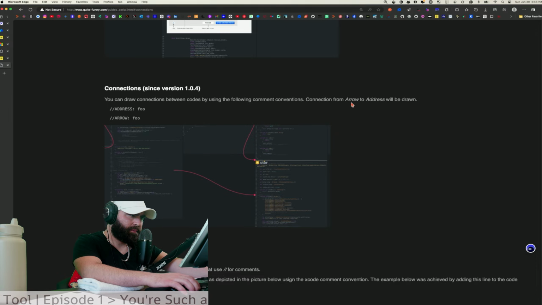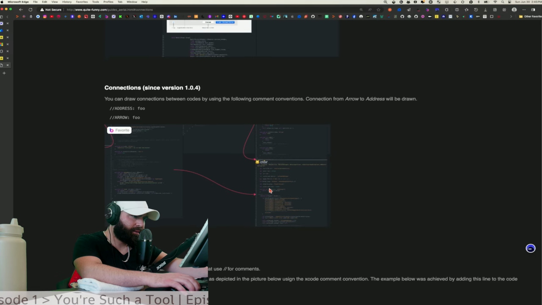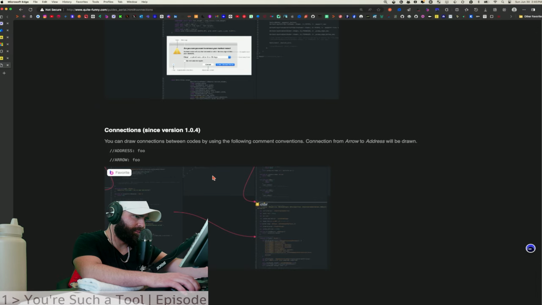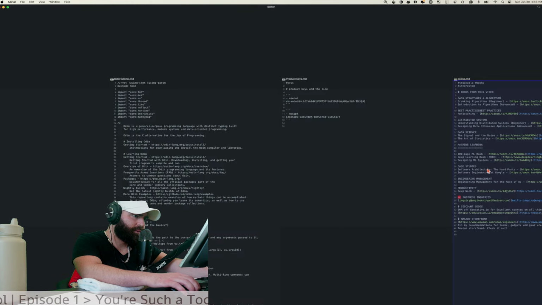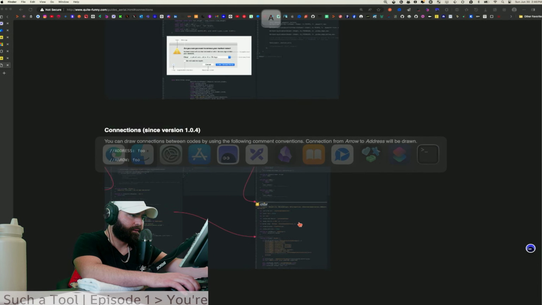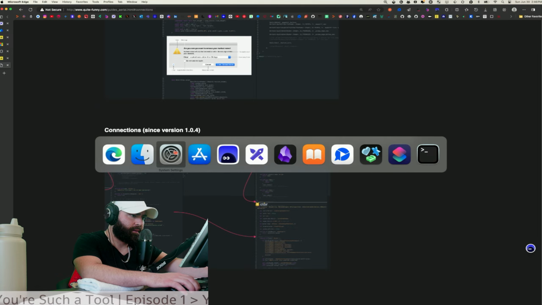Connection from arrow to address. What? Between, is that within the same file? Maybe that's what it means. Oh, no, wait, I'm a dummy. I put it in the wrong, oh, it crashed.